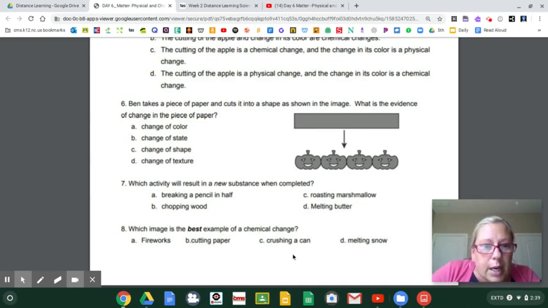All right, number 8. Which image is the best example of a chemical change? There's no images, so you just have to forgive that. Fireworks, burning bubble baby. Fireworks burn? Okay, so that one might be it because fireworks burn. Cutting, crushing, melting snow. There's no burning and bubbling in snow melting, or in crushing a can, or in cutting paper,